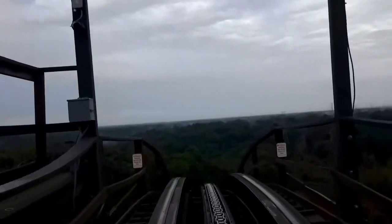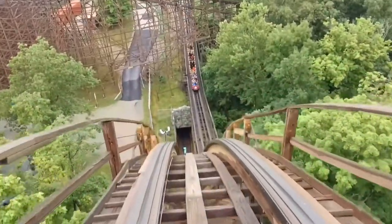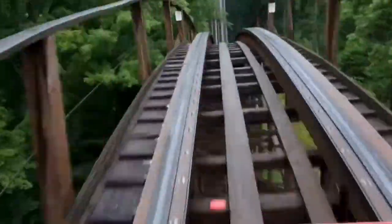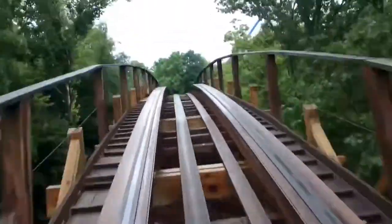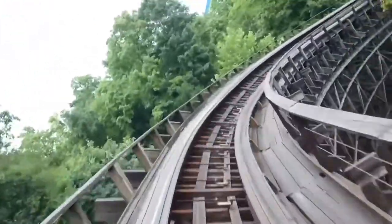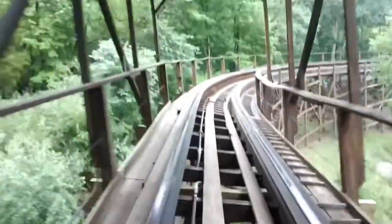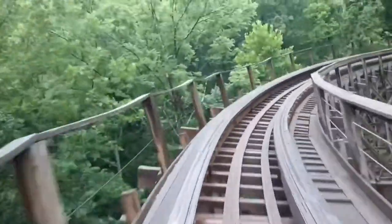Number 5 is the retracking and reprofiling of the Beast at Kings Island. Before the summer of 2022, the Beast had major track work done on large portions of its track that were rough, making it a very smooth ride last year. The ride also had some minor reprofiling done, with a small hill added before the large helix in the tunnel, and the drop made steeper and entering the tunnel earlier. This refurbishment made for a great new ride that's very smooth and enjoyable, which is why it's on this list